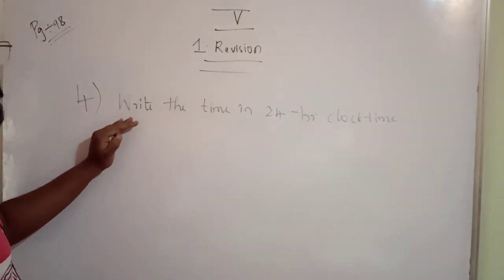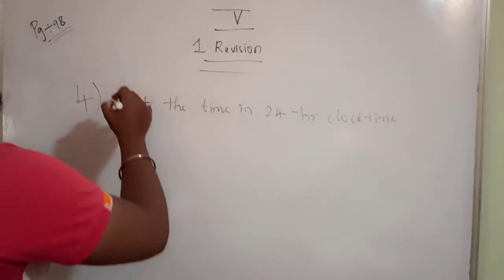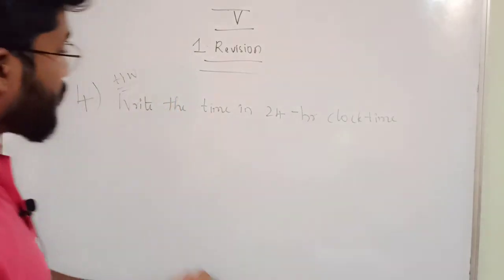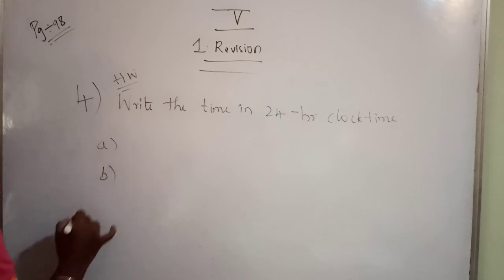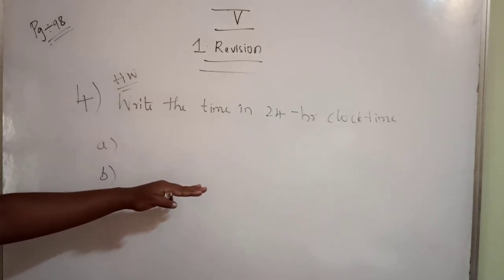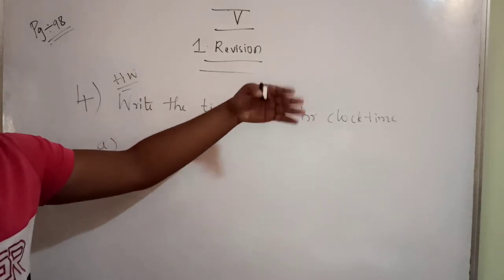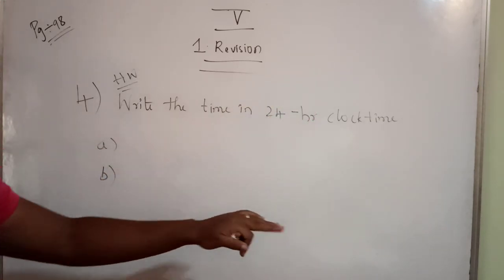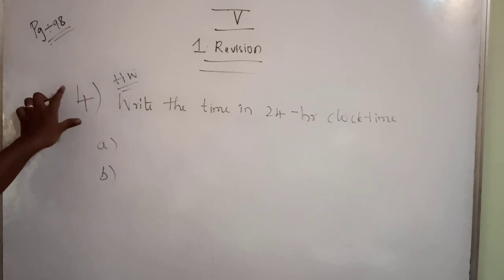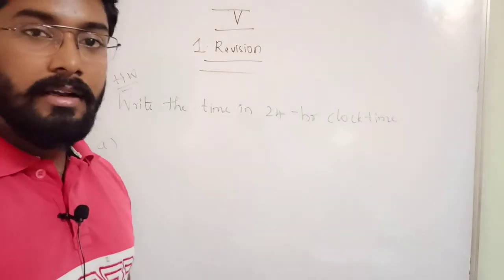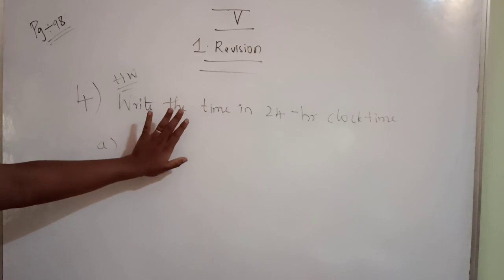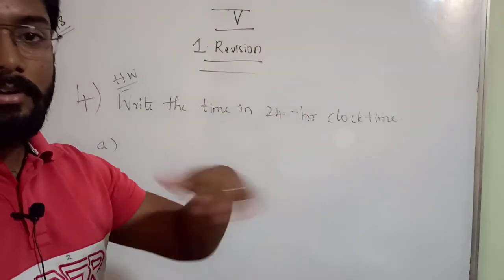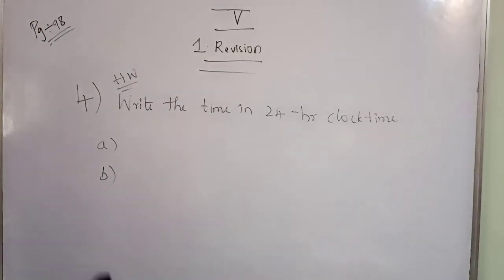So this one is for your homework. In this only 2 are there. Once you try, A and B are only there. Once you try, it is very easy for you. Just you have to know 24-hour clock format and 12-hour clock format. For here 24-hour clock format is enough. Once you try this fourth bit, in next class I will say, definitely I will say, but for your revision purpose I am saying to try, because everything I should not say, you have to try something, no. So fourth bit you try, this is for your homework.